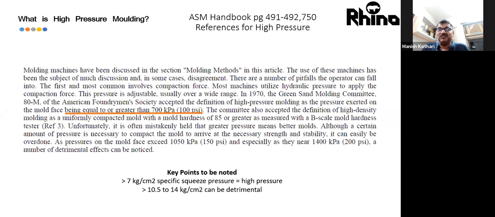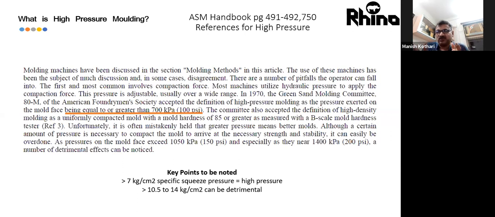They also mentioned that if it is too high, then there could be problems. So there is a balance. Today high pressure molding works between 7 to 14. And if you look at green sand molding with Jolsky's molding machine, normally, depending on how we load the machine, it varies from 1.5 kg per centimeter square to 3 to 4 kg per centimeter square.